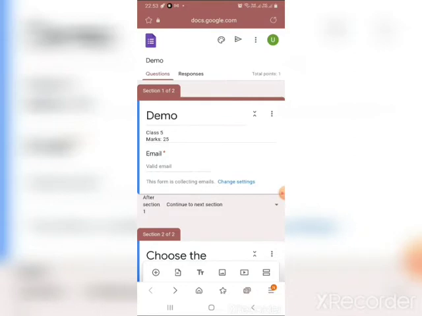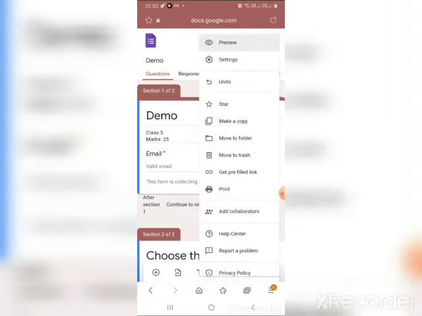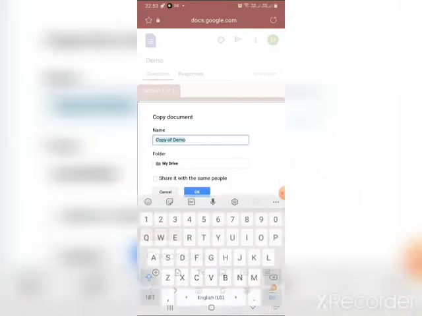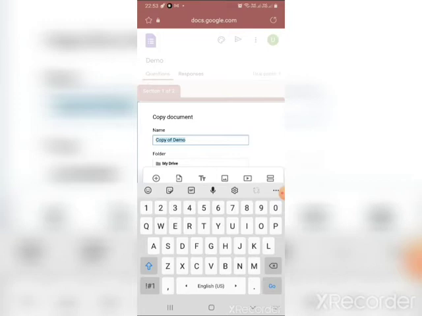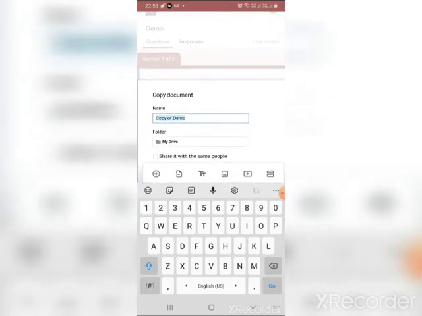For that, look at the top of the form. You have 3 dots to the right side of the form. So click that, and you have the option which is called make a copy. I'm clicking that, and here you have the option to change the form name. Whatever name you want to give, like if you wanted to create a question paper for 6th standard, you can write that particular class with that section, or if you wanted to go for any other option, you can do it. So this is nothing but the name of the form.